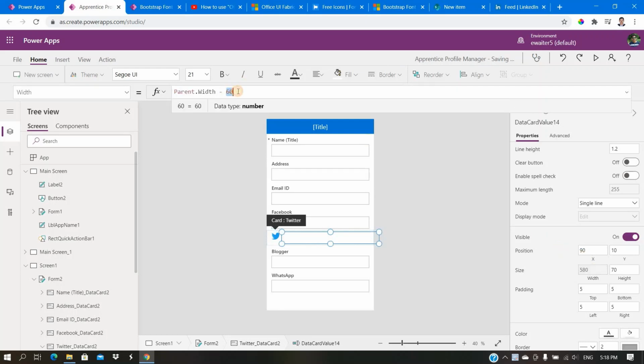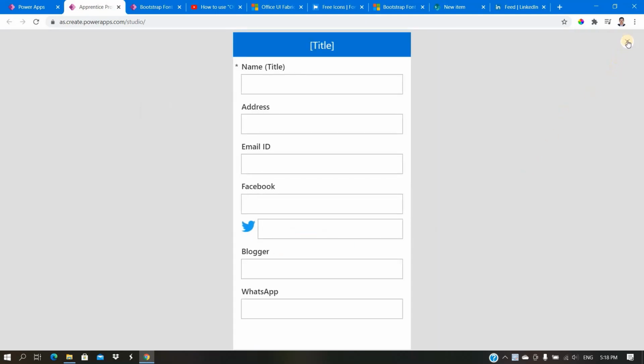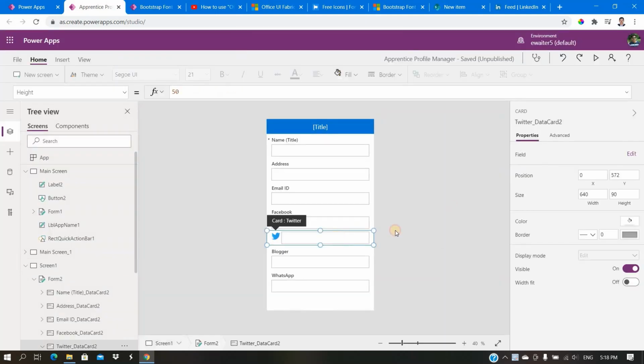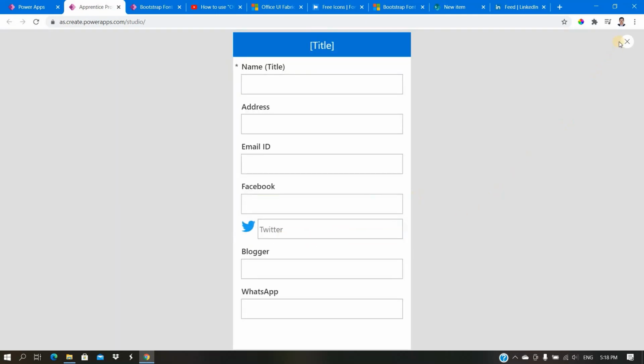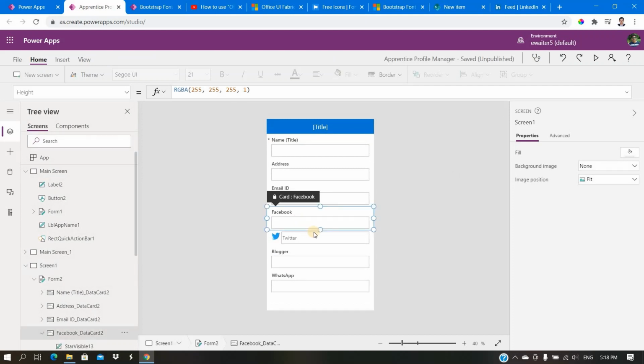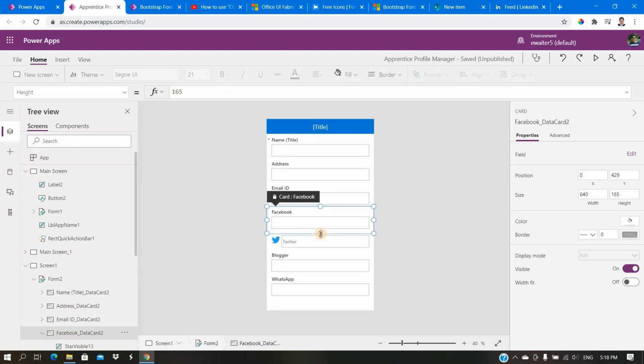And this was 120 earlier, you can remember. That's how it is. So for that matter, here you need to put something. So it will look like this. Also you need to give some space for that, like this.